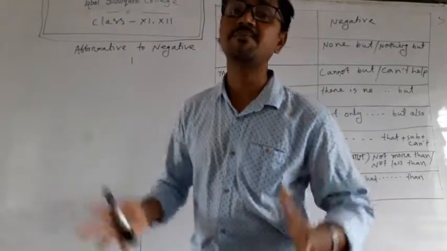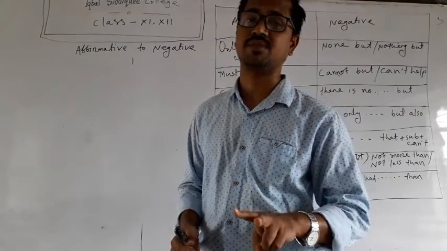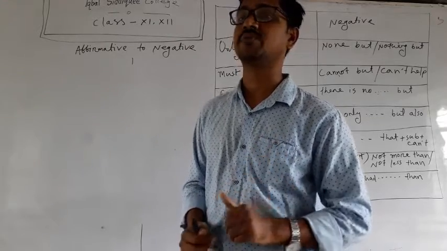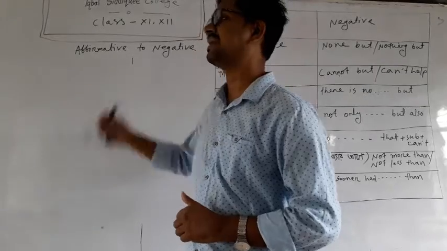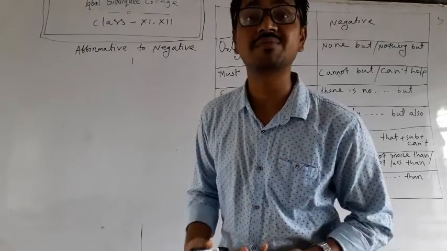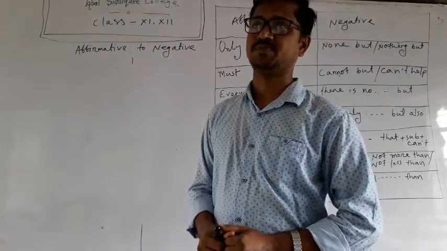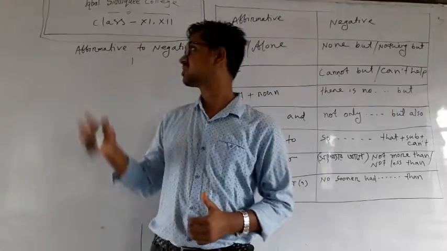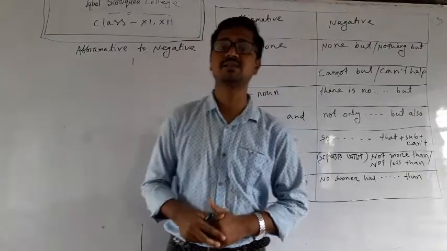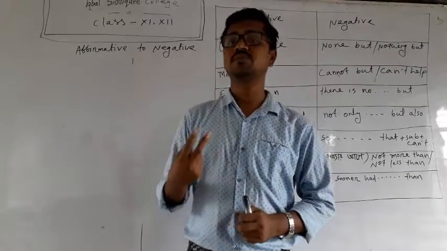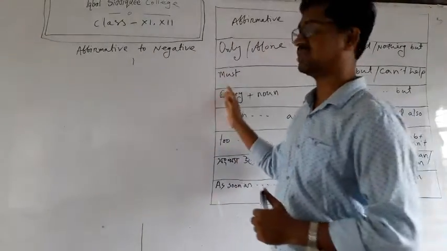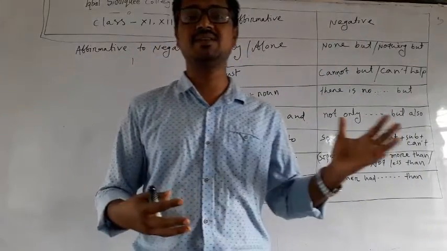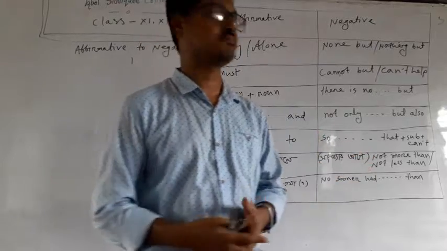Students, almost every sentence has two types. What are they? Affirmative and negative. In Bangla they are called ostibachok and netibachok. When you are transforming an affirmative sentence to negative, you have to learn some rules. The first rule is about a child, and the second rules we will discuss in the other class, or in this class if I get time.